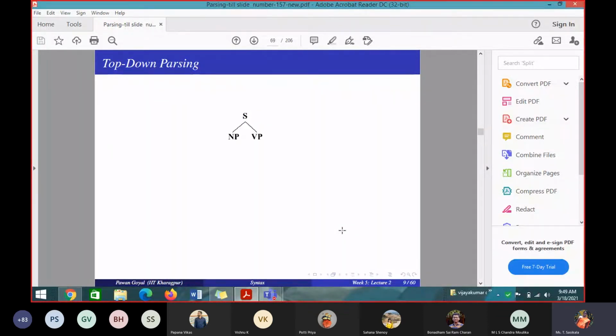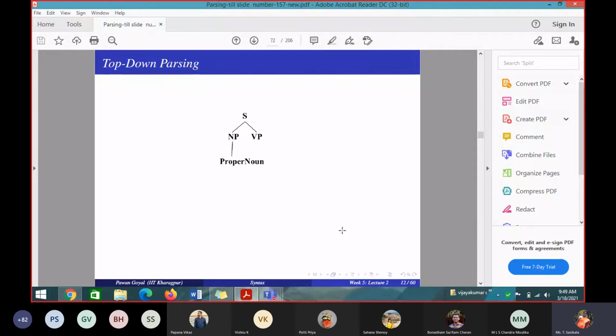See, top down parsing, right? First I am taking S gives NP VP. I am not starting directly with S gives VP. What is my first start symbol rule? S gives NP VP. So I am trying with this. S gives NP VP. What is the first NP rule? NP gives pronoun. Pronoun gives book. Is that correct? No, ma'am. Pronoun gives book. Is that correct? So that is wrong. That's why I have given a cross mark in this part. So this path is wrong.